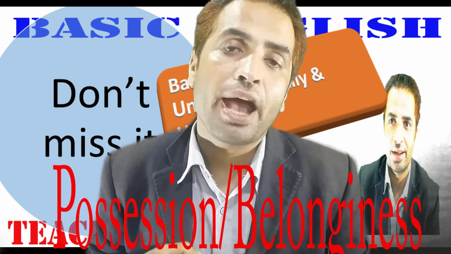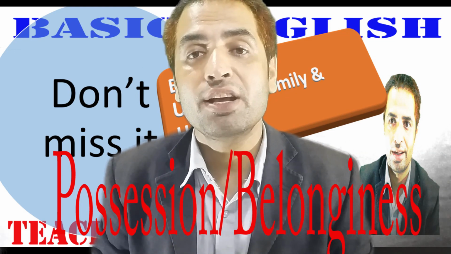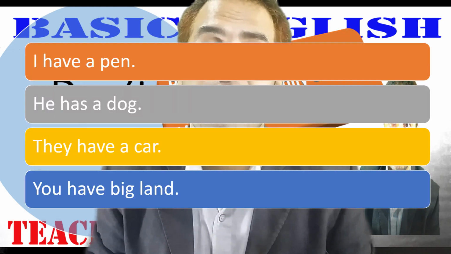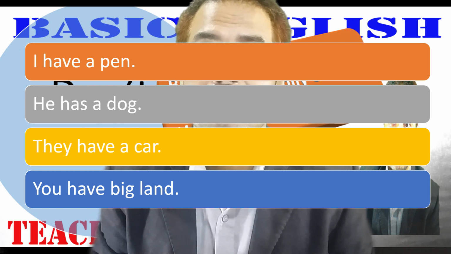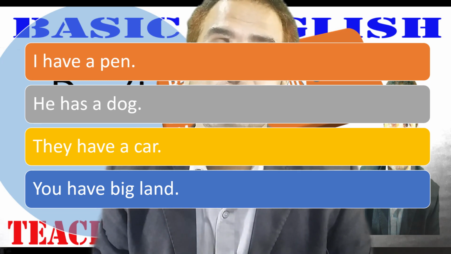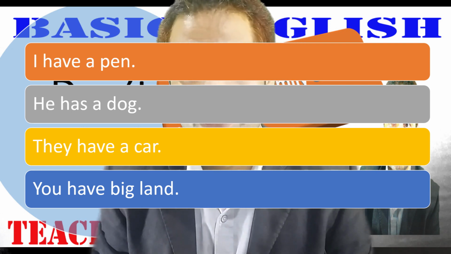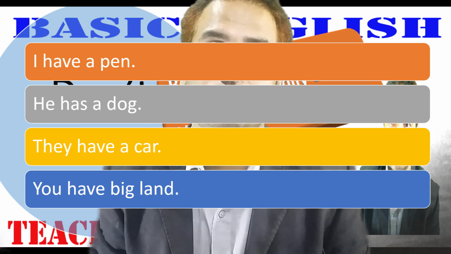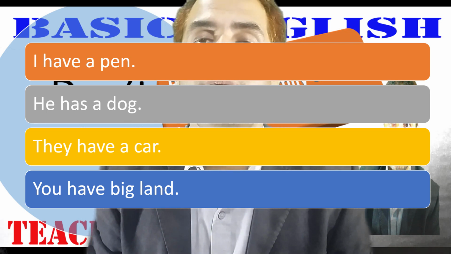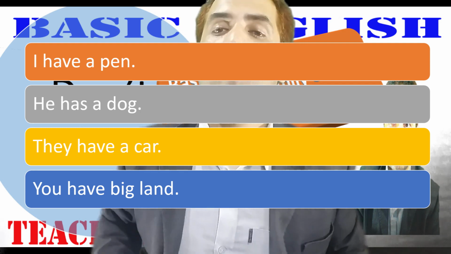So the meaning of have is possession. I have a house, they have land, we have a motorbike. So this way we can talk about the things that belong to us. We use the verb have. This is one of the major meanings and uses of the verb have. And another meaning of have is